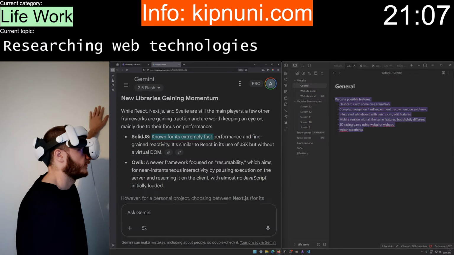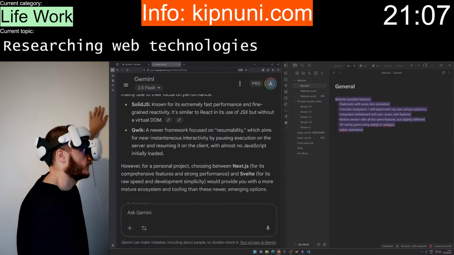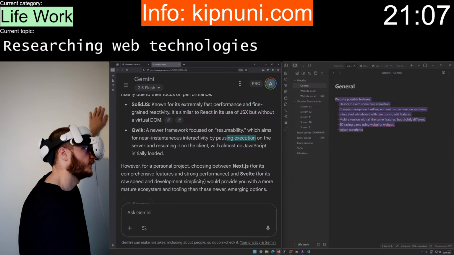Experimentally fast performance and fine without the virtual DOM. Instantaneous interactivity. Pausing execution on the server and resuming.